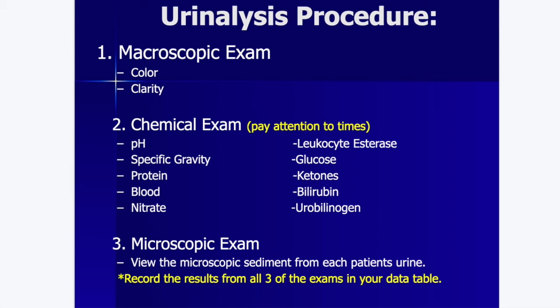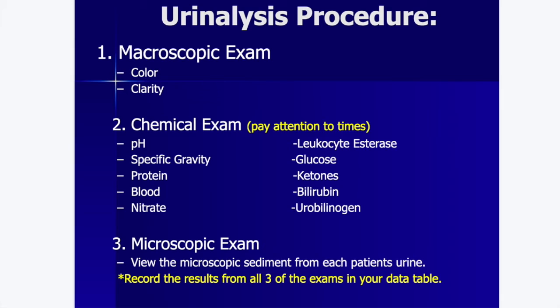So here we go again, basically what I just went through on the previous slide. The macroscopic exam looks at the color and the clarity. The chemical exam is going to look at pH, specific gravity, protein, blood, nitrate, leukocyte esterase, glucose, ketones, bilirubin, and urobilinogen. It does say pay attention to the times because when we're doing a lab next week, in this case,